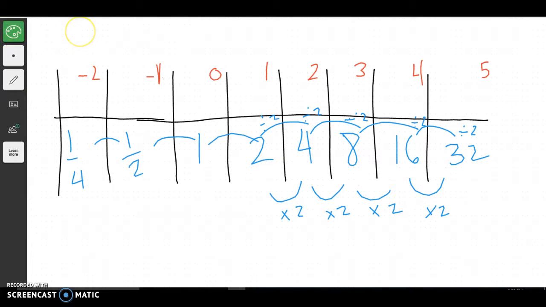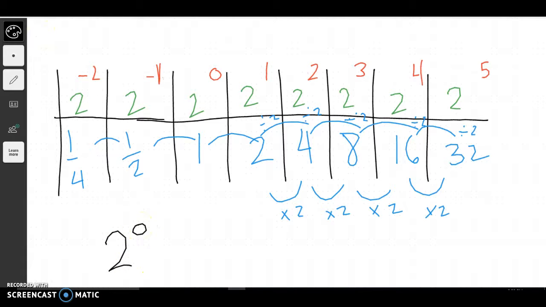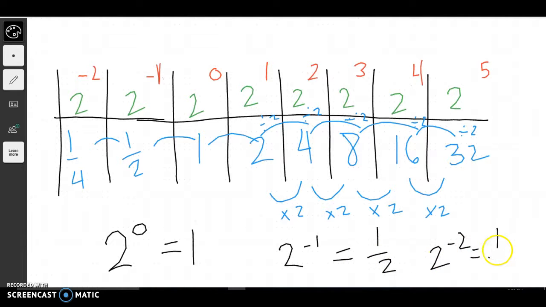Now what I didn't tell you before is this is a pattern we use quite a lot. This really is 2 to the first, 2 to the second, 2 to the third, 2 to the fourth, and 2 to the fifth. So this would be 2 to the 0 power, 2 to the negative first, and 2 to the negative second. Then that would mean that 2 to the 0 equals 1, 2 to the negative first equals 1/2, and 2 to the negative second equals 1/4,